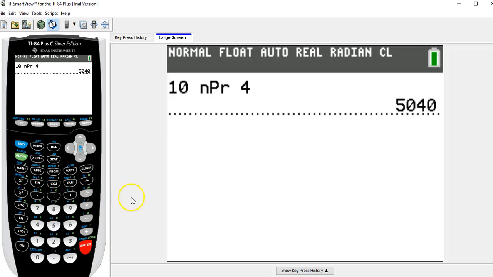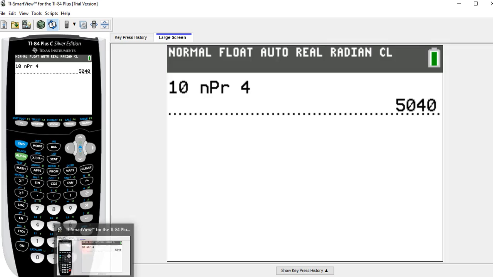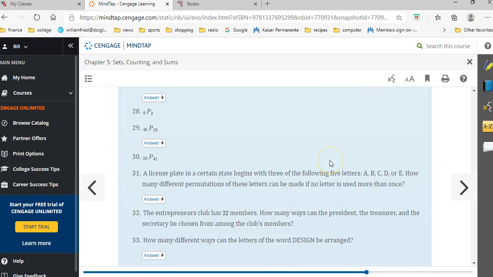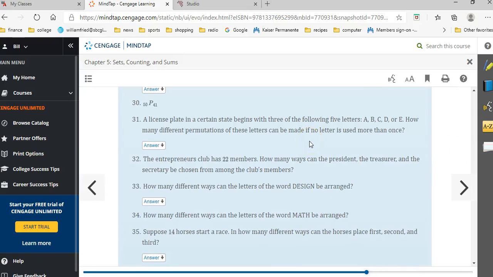Now they put this into a word problem context. So in the homework, this question, say number 32, say they have 22 members. How many ways can the president, treasurer, and secretary be chosen? So they're choosing 3 people out of 22 in a definite order. The president is first, the treasurer is second, the secretary is third. So this is going to be